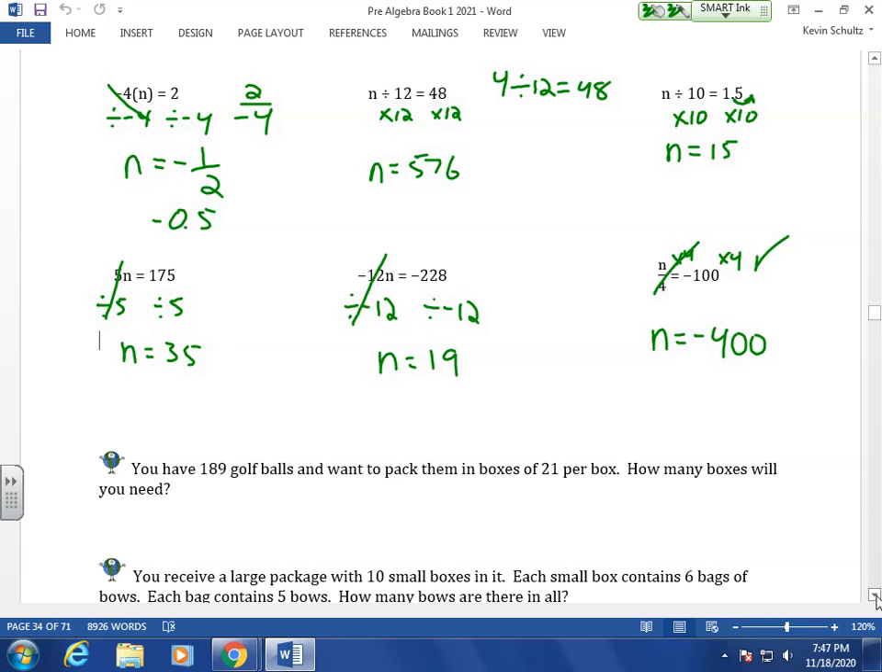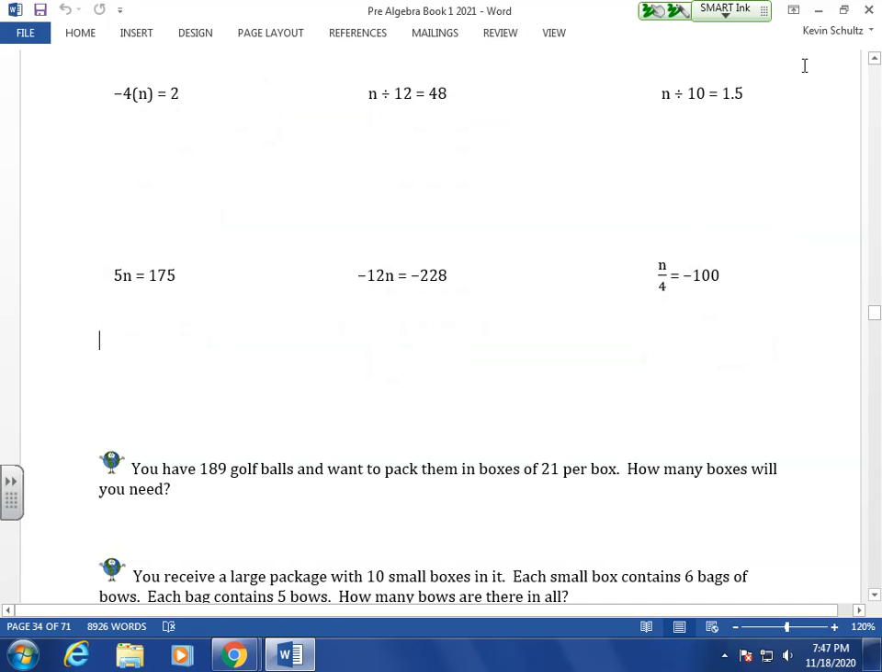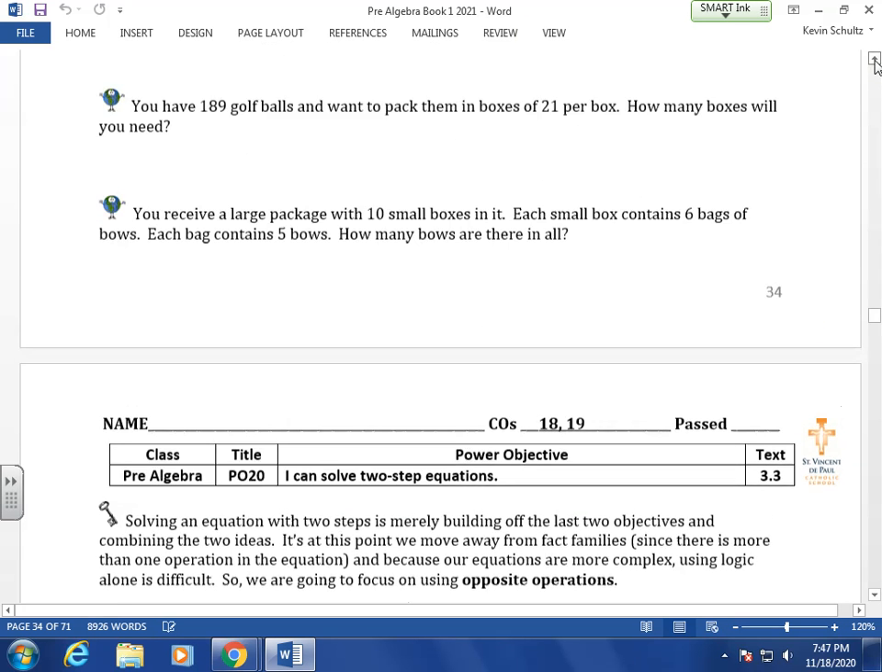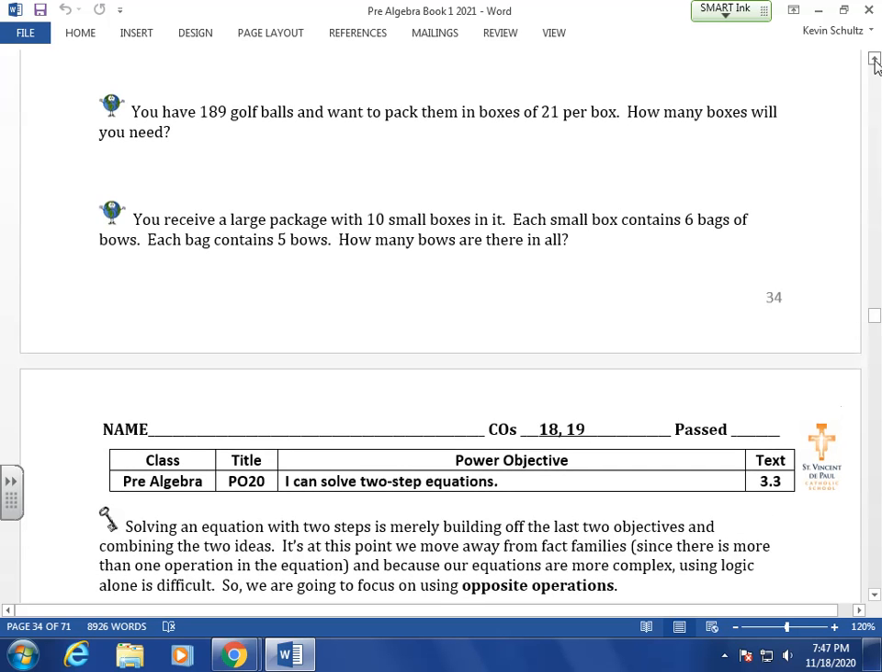Opposite operations. The two on the bottom to wrap things up for this page before we get to the quiz and on to PO20. Says you have 189 golf balls and want to pack them in boxes of 21 per box. How many boxes will you need? Okay, so again, this one isn't so much that you have a variable to solve for necessarily, but it's just